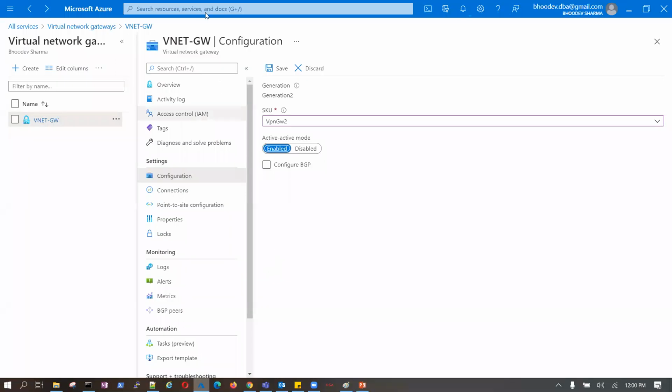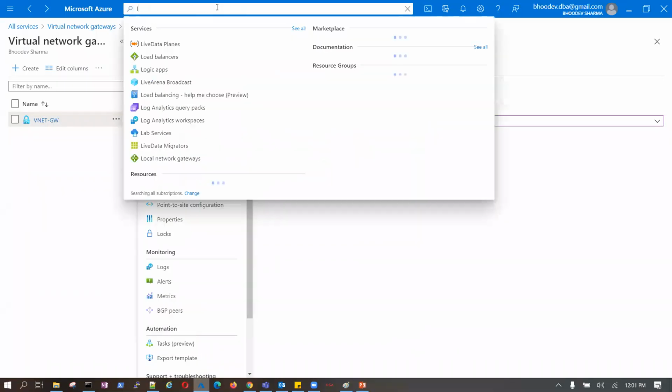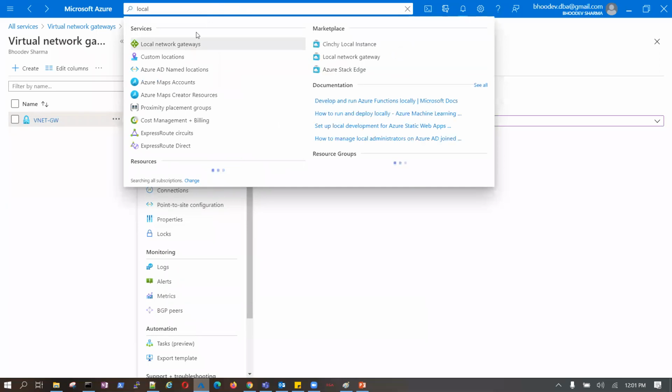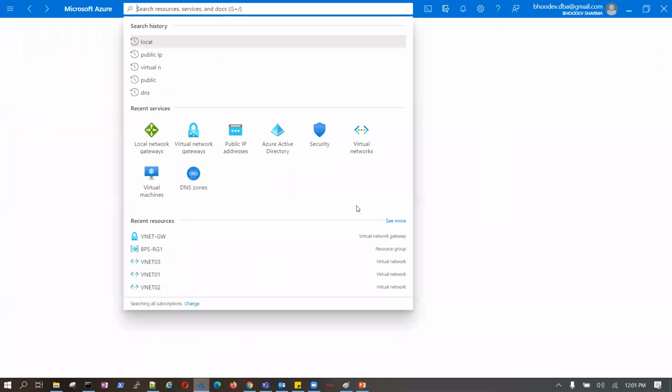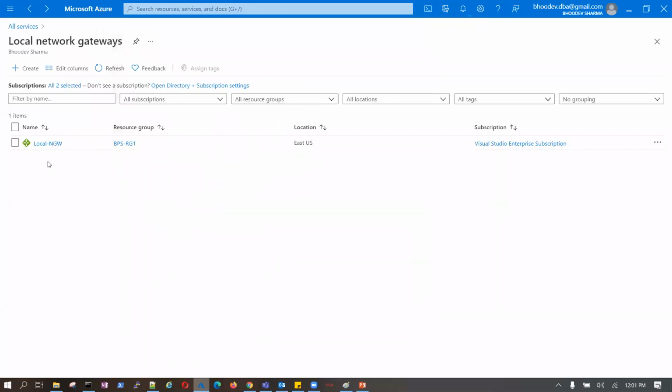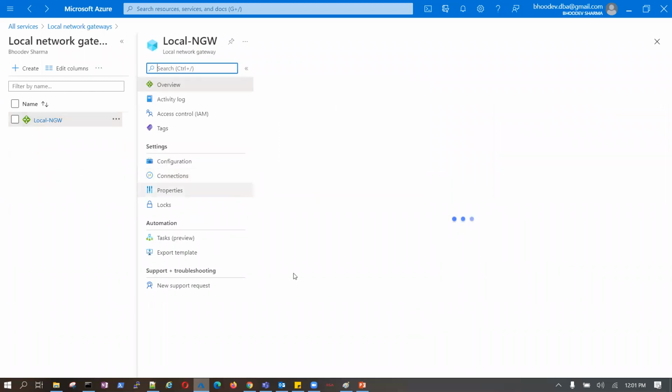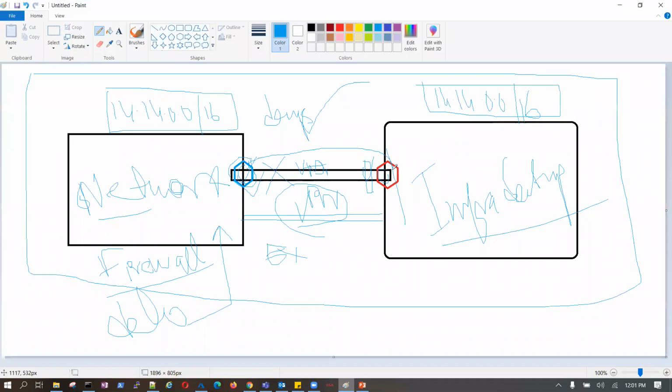Now, local network gateway: one we have already created. To create a local network gateway, this is my local network gateway.